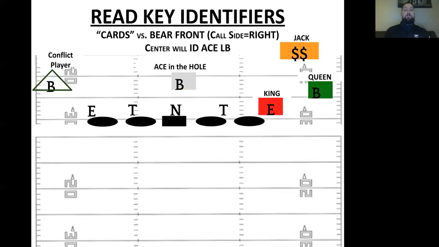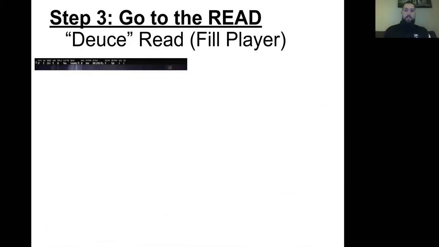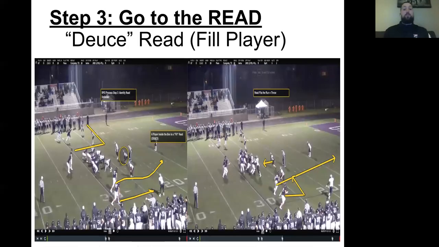from our defense at home. So we've got to make sure we've got identifiers for them as well. Okay, so this is what it would look like for us if we were getting a deuce read, right? A deuce read is a fill player. He's got to fit in the box. He has an in-the-box run fit responsibility. If you look at the top, we don't really like that screen frame because they got 2 over 2. So we're going to read that deuce if he fits the box when we put the ball in the belly of the back. Okay, we're going to try to win on the seam, okay, and try to throw it just like hitch seam or fin seam, okay, in your quick game.